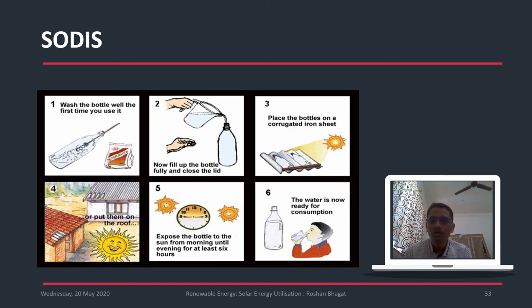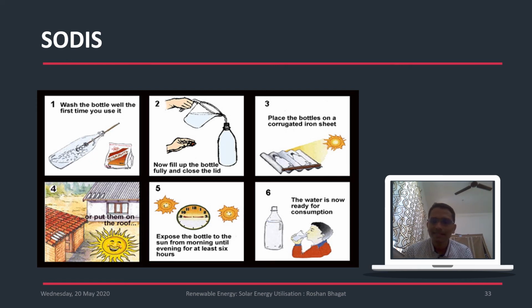If you have too much turbid water, then in such cases it might not be possible to have disinfection. So this particular method has some disadvantages: you require ample amount of sunlight. You require PET bottles, polyethylene terephthalate bottles only, so that cannot be done with a conventional bottle. If cloudy conditions are there, then in such cases you might not have the disinfection. So this is one of the disadvantages.